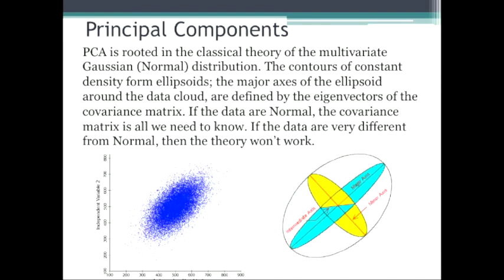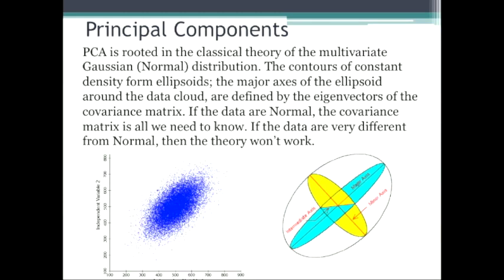And the idea is that what you want to do is take all of your measurements and try to plot them, if you can imagine, in a high-dimensional space. So if you have 2 dimensions, you can plot them on a piece of paper. If you have 3 dimensions, you can imagine them in 3 dimensions. But you can, by an effort of imagination, imagine if you have 10 variables that it's a sort of point cloud in a 10-dimensional space. But 10-dimensional spaces have a geometry as well. And what you're looking for are the long axes of the ellipse of point clouds.